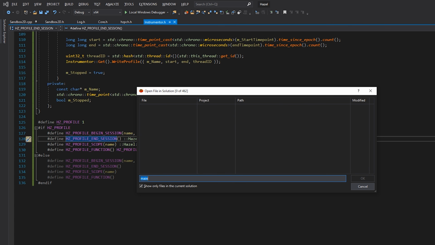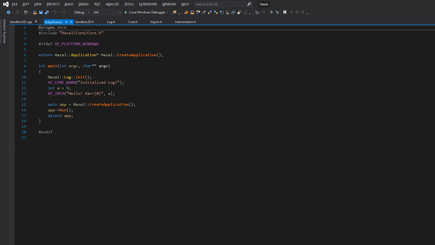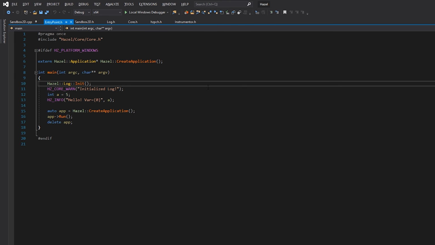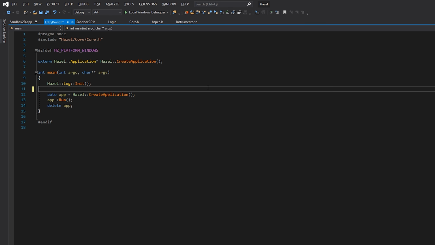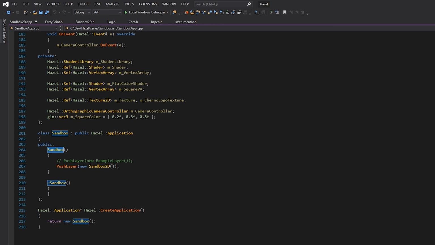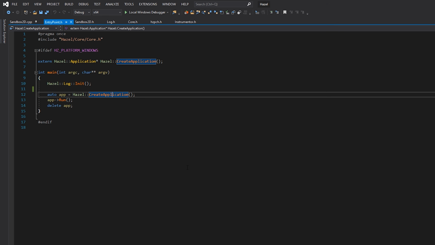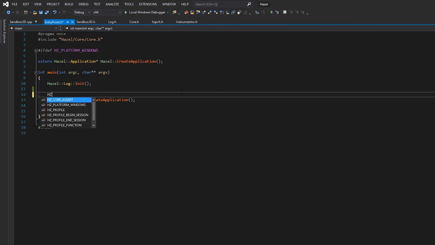So that is difficult to decide where you want that. Entry point potentially is a good place to do that. What I'll do is I'll get rid of this initialized log and also hello, because we don't need it. It's quite common for us to, so create application, return new sandbox, pushes layers and stuff. This is like the initialization part, and then this is obviously the run part, and this is obviously the shutdown part. So what we can do is just add a little HZ begin